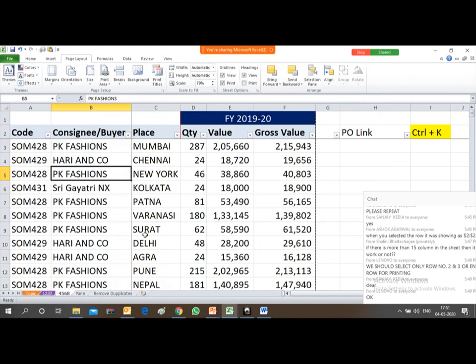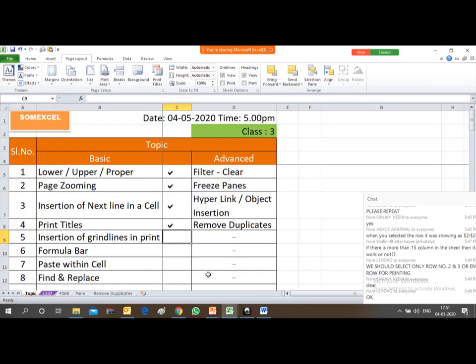It will appear only while you are printing the worksheet. So, friends, hope this is also clear to you. It's just a selection of the green lines checkbox in the page setup box while printing.